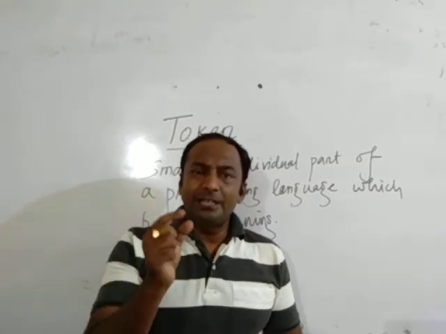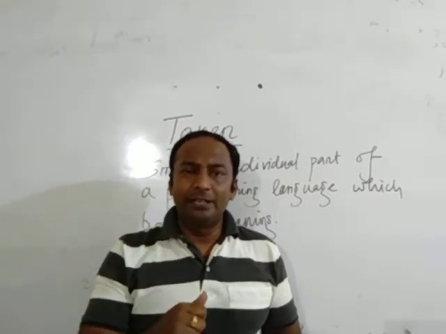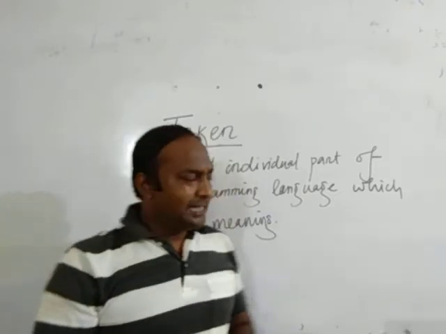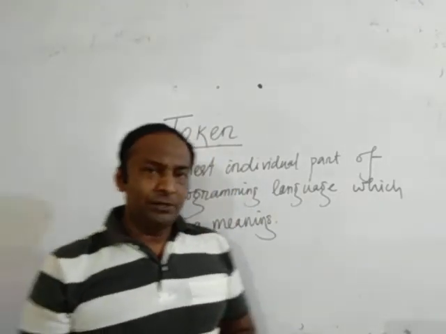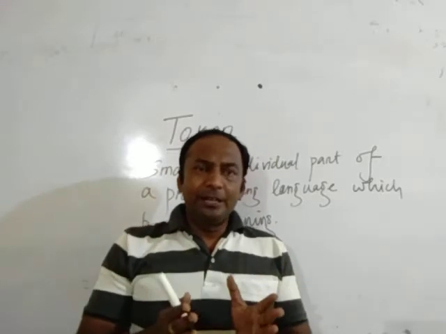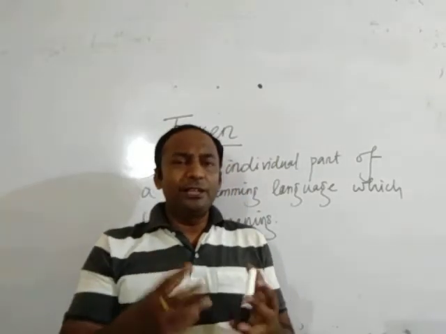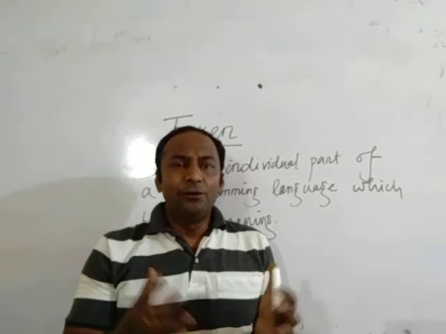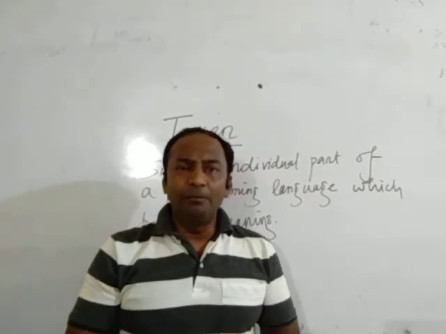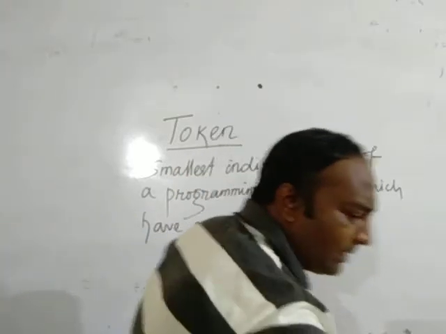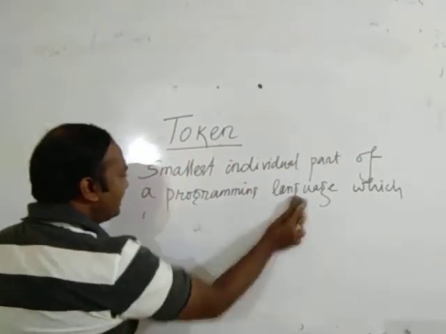Then also a token is given to us instead of our valuable thing. So a token is a very small thing which has got a value. A token may be a variable, a constant, anything else. A token is the smallest part. We will combine those tokens to form a sentence, a C sentence. So there are different types of tokens present.